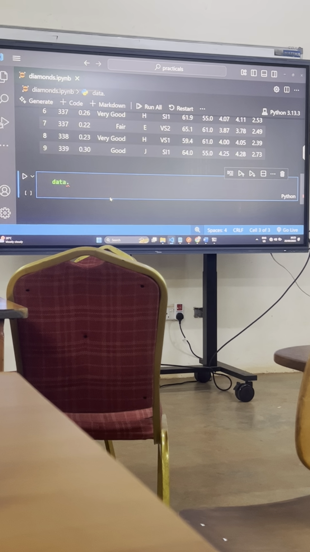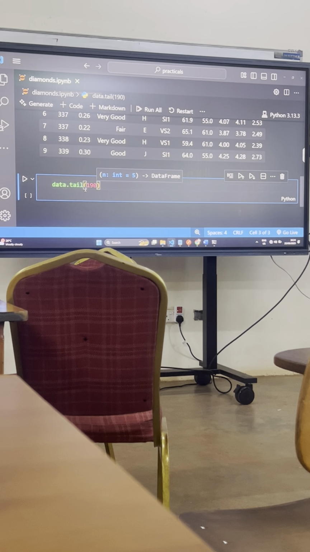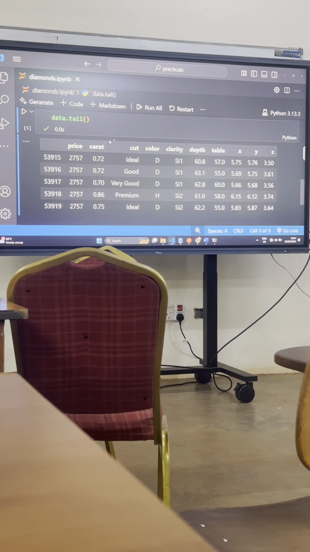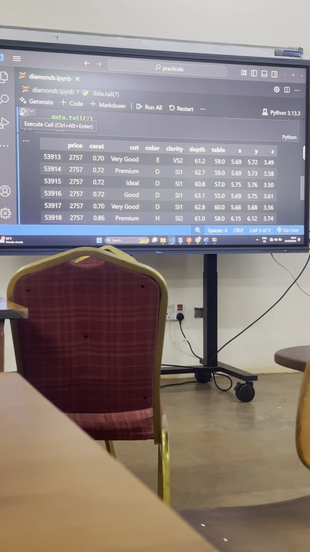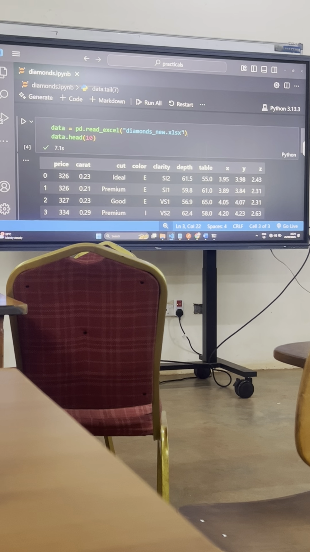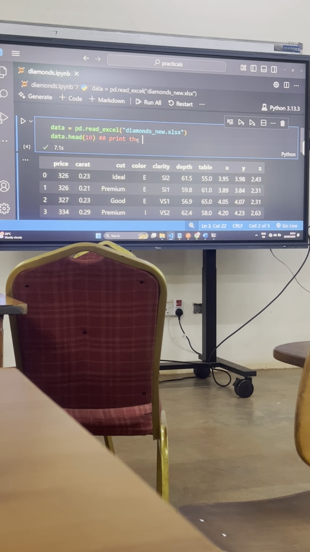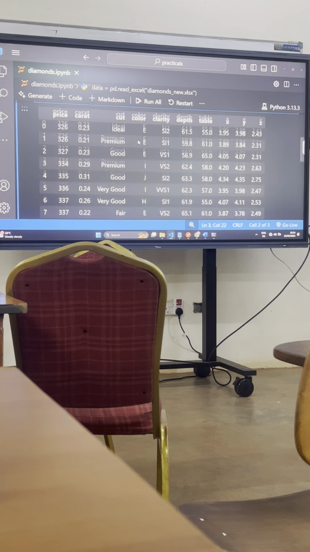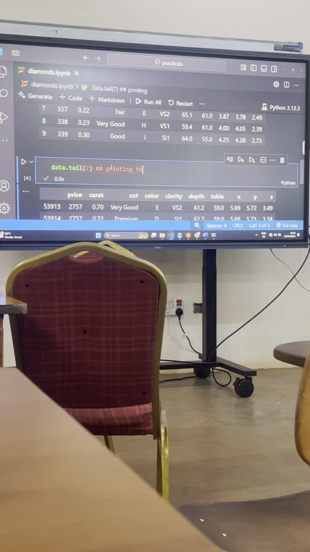Tail? Tail is okay. So if we say tail, by default tail returns the bottom 5. When we override it to put a value, even if I say 7, that will print the bottom 7 values, 7 rows, sorry. So just for purposes of documentation, allow me to comment here that I'm trying to print the top 10 rows. Then down here, I am printing the bottom